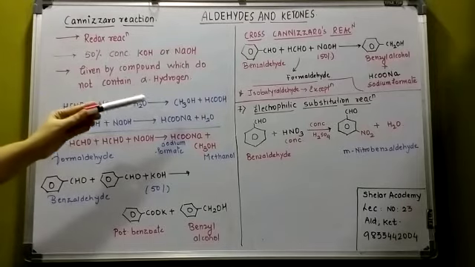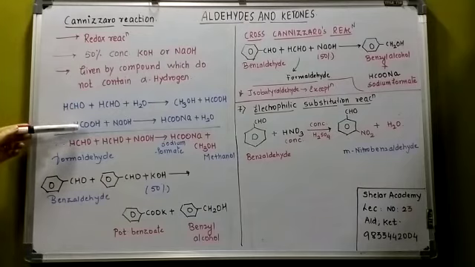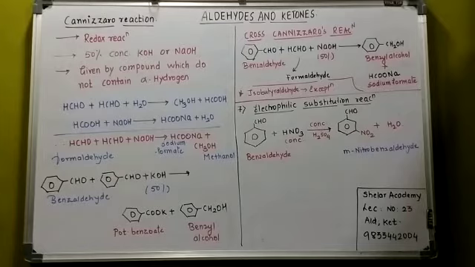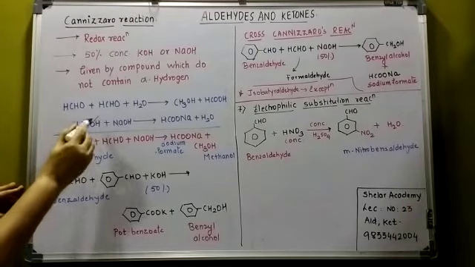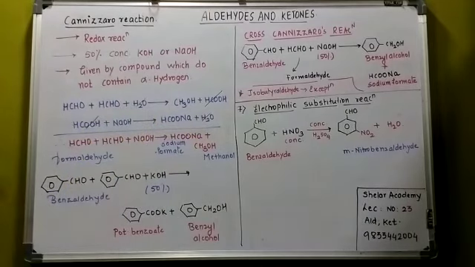So alcohol और acid में, as carboxylic acid है ना वो, so that would be reacting with a base to form salt and water. अभी in this, अभी common is what? HCOH. Fine. So this is cancelled. Similarly, water is cancelled, and that is how you get the overall reaction of Cannizzaro. That is, two molecules of formaldehyde reacting with sodium hydroxide. I get sodium formate and methanol. That is the Cannizzaro reaction.